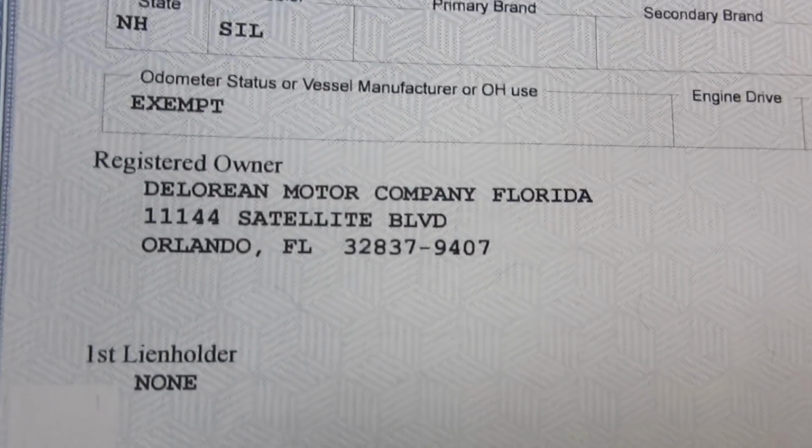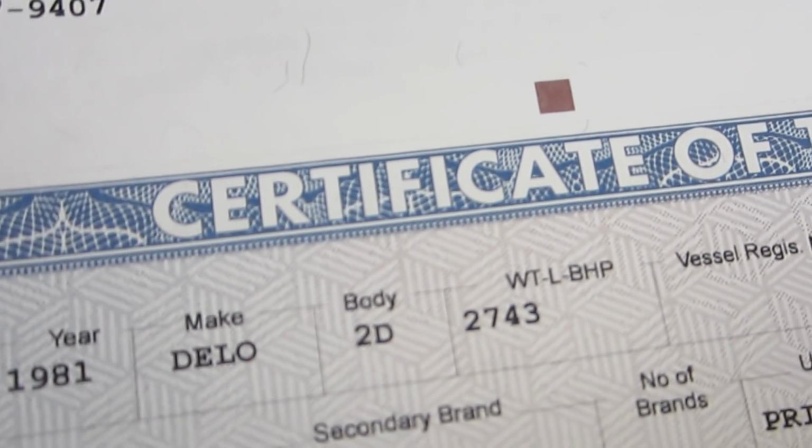The certificate of title just arrived here from DeLorean Motor Company for the car. As you can see, 1981 DeLorean, and got a slew of paperwork here that I need to fill out and sign and send back. And this right here is all the work that DeLorean Motor Company is doing right now on the car. I'll show you what my estimate is,